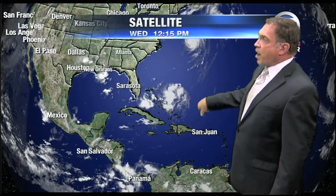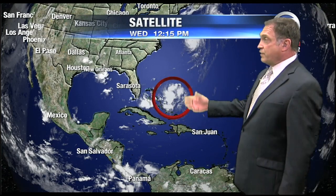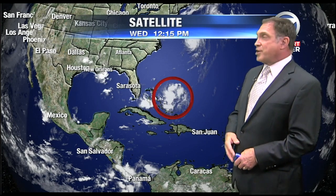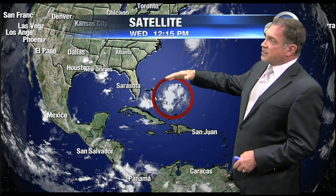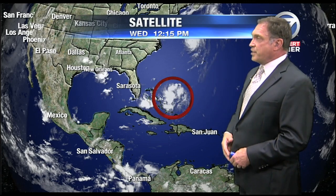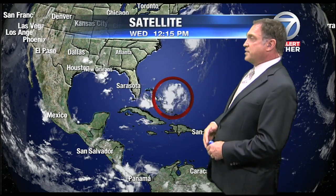So we continue to monitor this area of disturbed weather. That was Beryl. Now it's just a cluster of showers, still given about a 50% chance for perhaps regeneration over the course of a 5-day period as it lifts north and then eventually whisked out, caught up by the same trough that's carrying Chris away. We also have this little trough just in front of it that's kind of moving across South Florida, as I